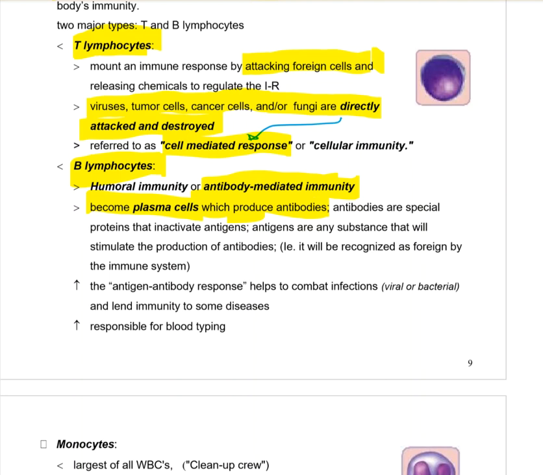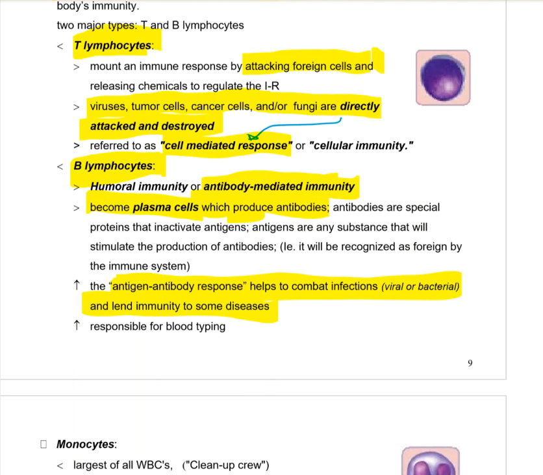Now, antigens are foreign substances to us that we don't recognize as part of our body. And so when we see something in our body that's foreign to us, we want to destroy it. We don't want it to be there because we think it could harm us, okay? And so this antigen antibody response helps combat infections, either viral or bacterial, and it helps us lend immunity to